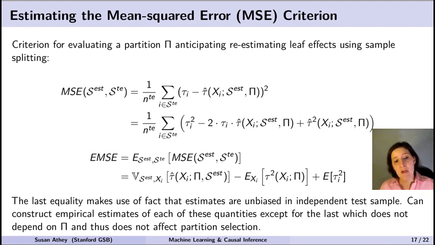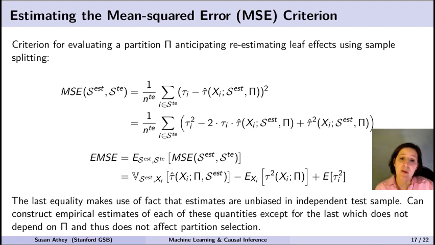So remember, I'm going to use this expected value of the mean squared error as an objective function for choosing partitions pi. That's our goal. We need a good objective function for comparing pi's. If I compare two pi's, I'm going to take the difference in the mean squared error from one pi and the mean squared error in the other pi, and this e tau I squared is going to cancel out. So I can ignore that. Even though it's hard to estimate, I don't have to care about it.